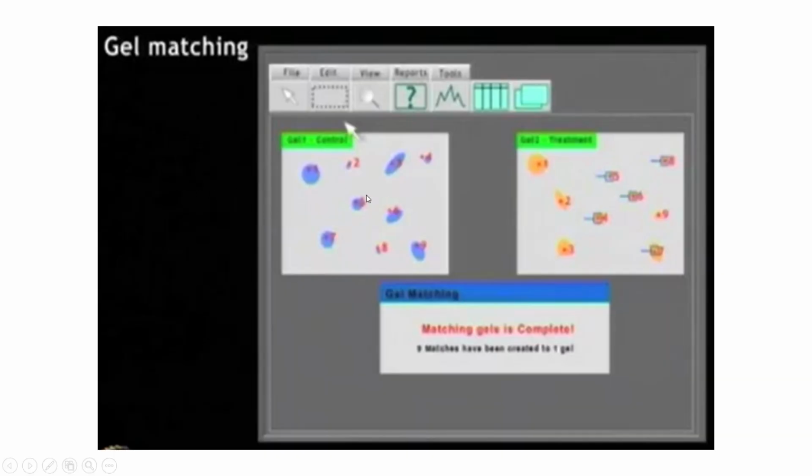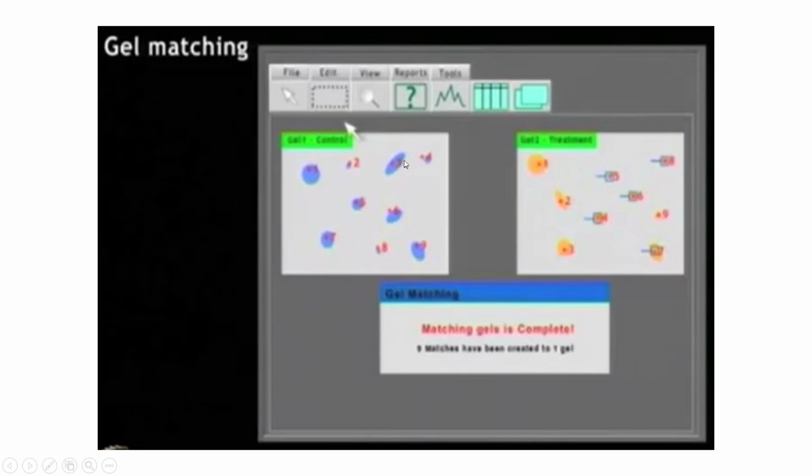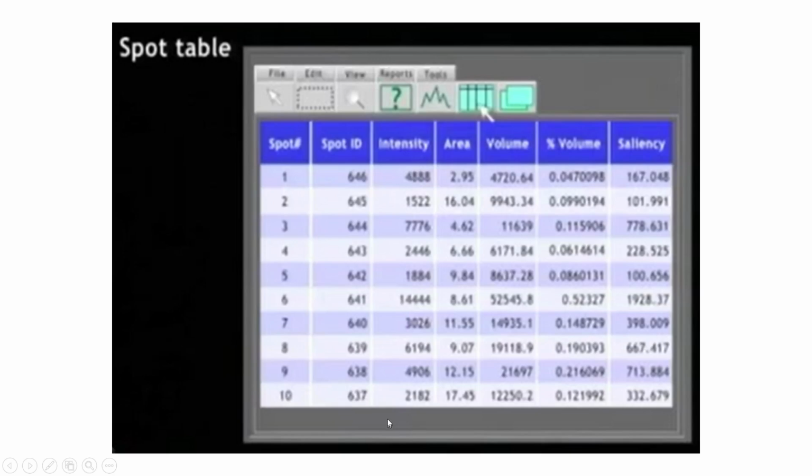Once you do the matchmaking, or gel matching, of two gels, it will give you a certain score basically to check how accurately it is matching, or how it is not exactly matching. And for every spot it will give one specific ID and the intensity of that specific spot. So for example, this will have higher intensity because it is larger in size as compared to this, and this will have lower intensity. Accordingly, to each and every spot it will give an ID, it will give its intensity,